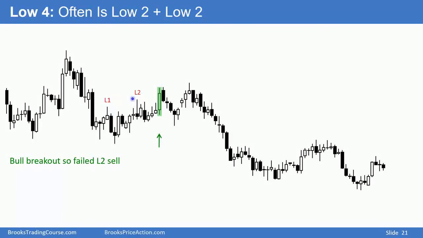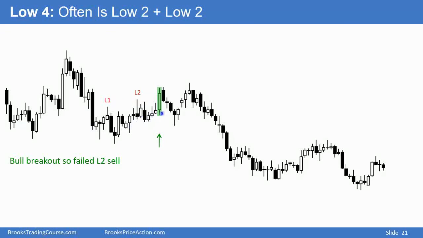Strong breakout, so a failed low 2. But now you can look at it as a wedge, 1, 2, 3. Some traders will sell below here. And management is a little bit tricky. They might get out above this. They might get out above here. If you do get out above there, you got to be looking to sell again because of the possibility of